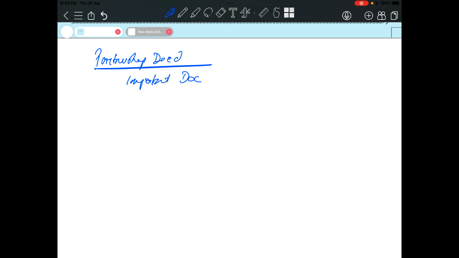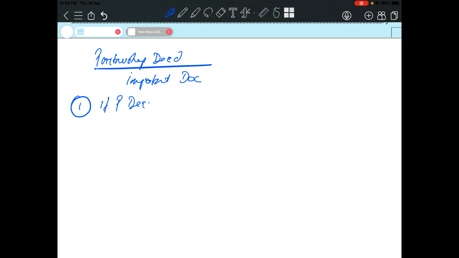Now the type of question which you will get from the partnership deed is, what if the partnership deed is silent? What will be the case? How will we treat the items when partnership deed is silent? So let's note some important points, then we'll move to the questions. If partnership deed, I'll write P deed,